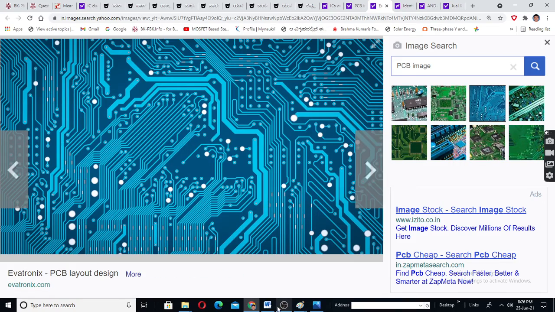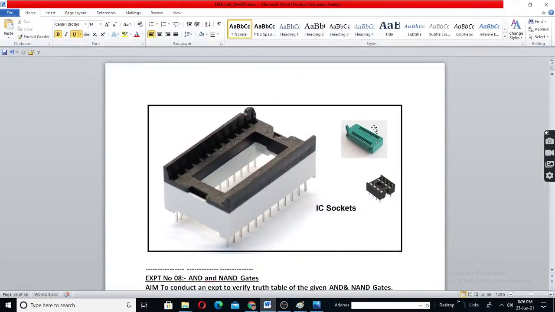Next, this type of socket. Okay, you see the third one. This has a lock here. After fixing the IC, you can fix the IC very easily here. Here, when you insert the IC, there will be a small pressure. Here, there will be no pressure. When you fix it, it will just sit there, and then when you lock with this lever, only then there will be pressure, and it will get fixed, and the contact will be proper.